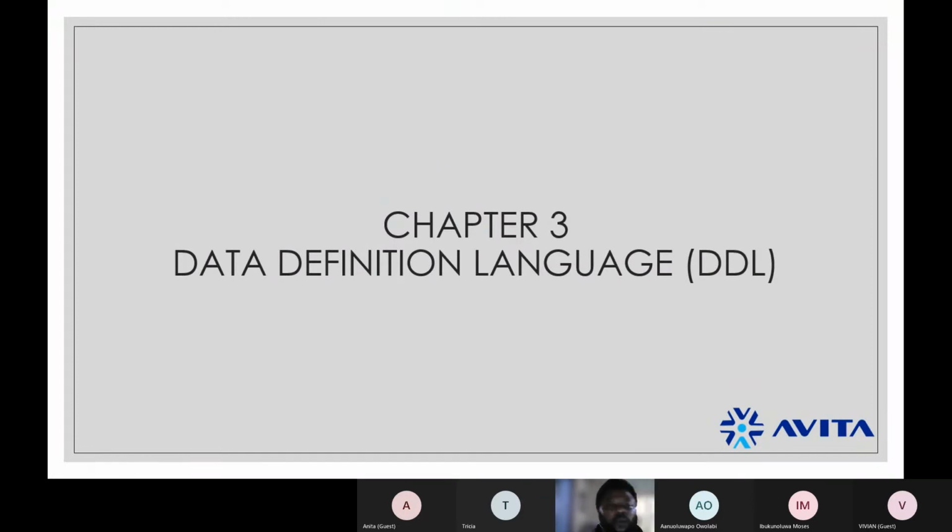When you want to use the database, you need to be able to understand the science of what happens behind the scenes. So I want to talk about connecting to a database before we move into data definition language.